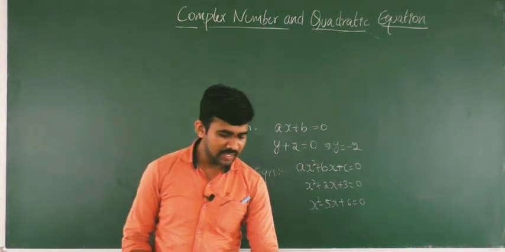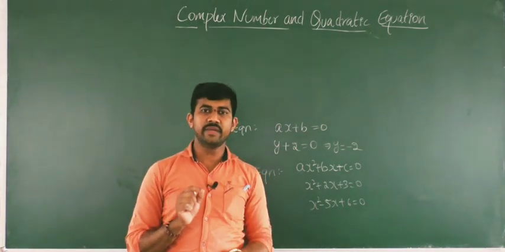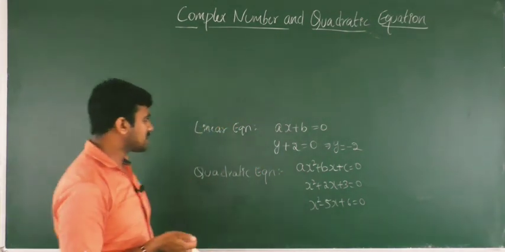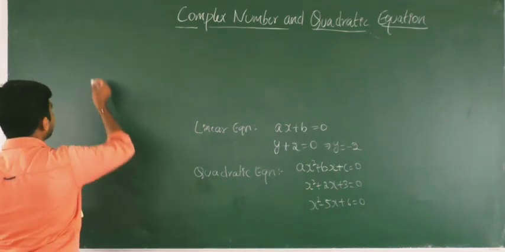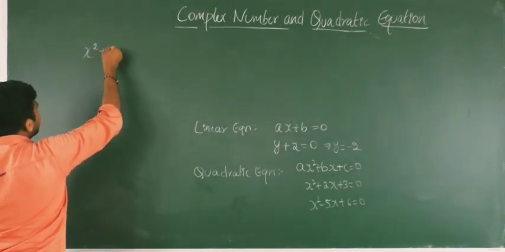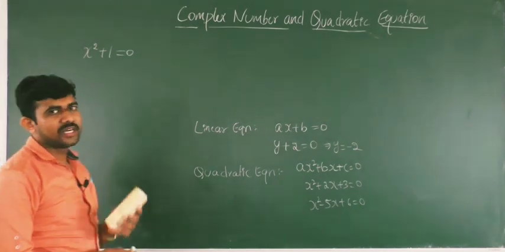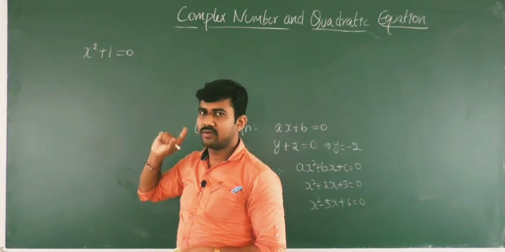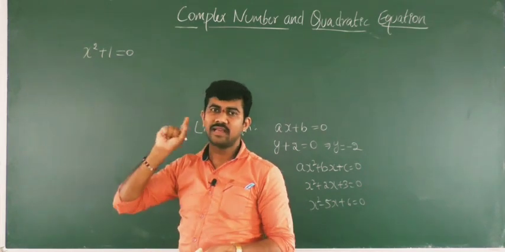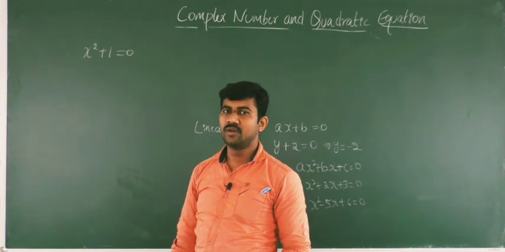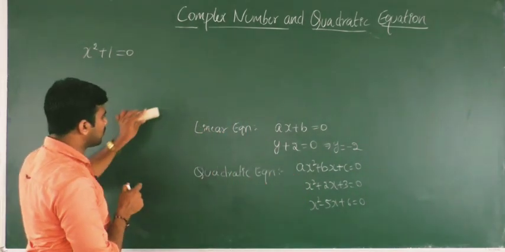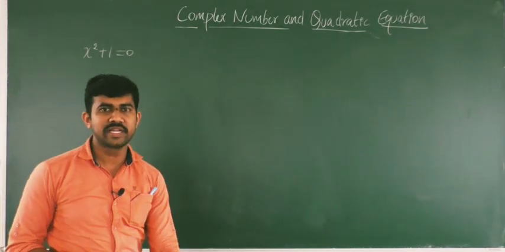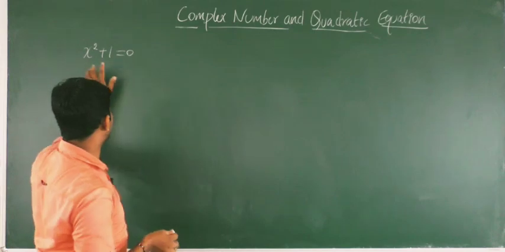Okay, now I'll consider a simple quadratic equation, and I'll try to find the solution of that. So what is a simple quadratic equation? I'll consider this: x square plus 1 is equal to 0. Whether this is a quadratic equation? Yes. Just check the highest power. The highest power of the variable is 2. Clearly it is a quadratic equation. Now to find the root of this quadratic equation. Root means what? Solution. So what is the solution we'll get?